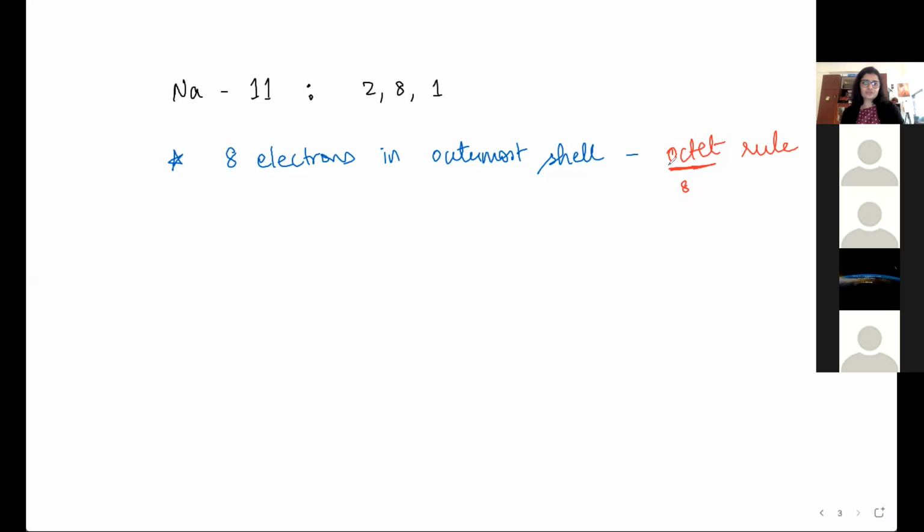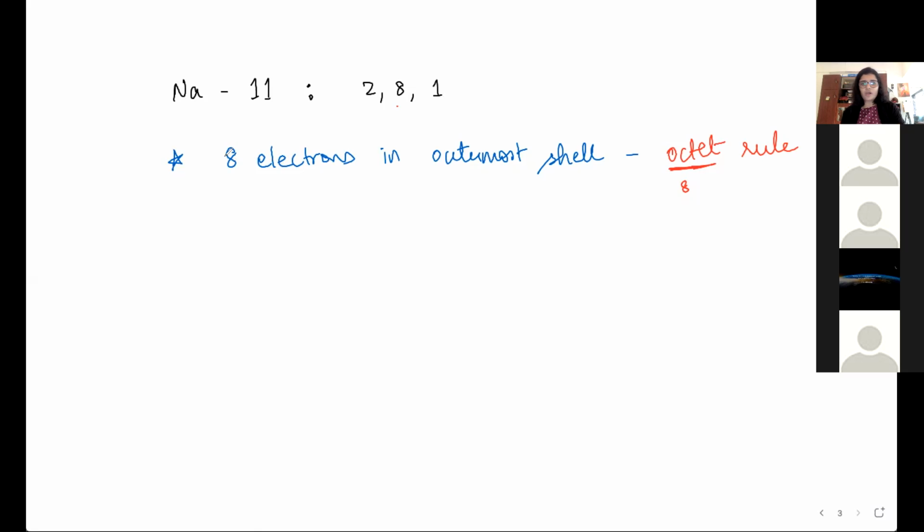Okay. So in order to do this, everything that you guys said, some atoms will lose electrons, some atoms will gain electrons, and that number is not random. Like sodium will always lose 1 electron because that's the easiest way it can get 8 electrons in the outermost shell. Some atoms like oxygen will gain 2 electrons because that is the easiest way for it to have 8 electrons in the outermost shell. So that's another key point. Sodium will not gain 7 electrons because, as Samriddhi said, it will be very unstable. The difference between the number of protons and the number of electrons is too much. That makes it really unstable.